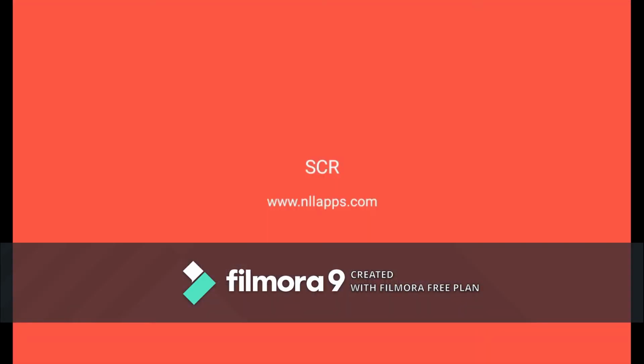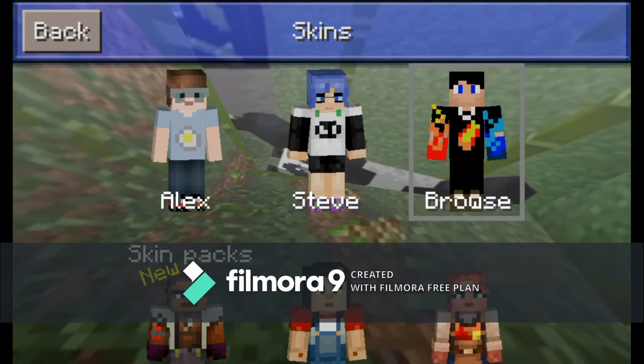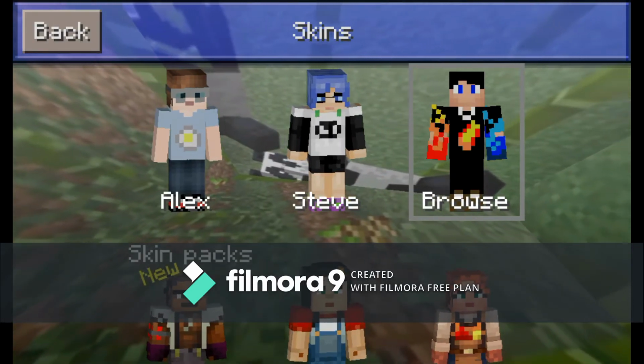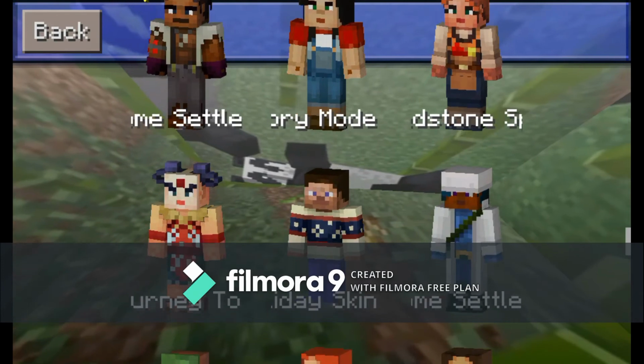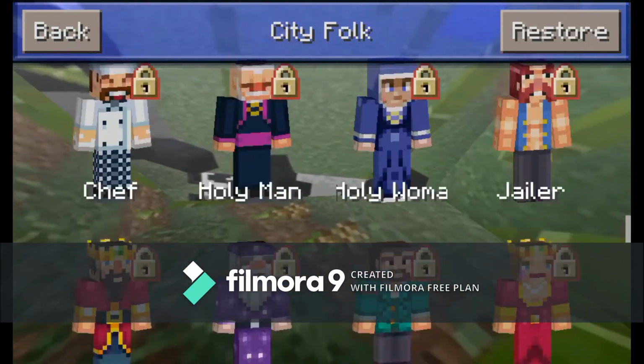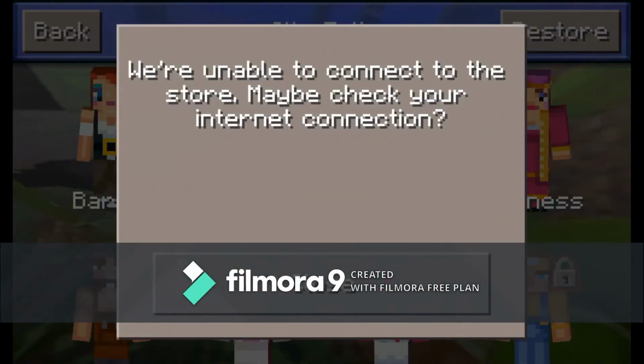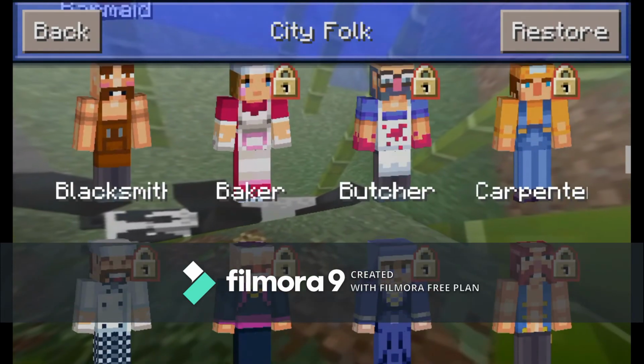So for changing our skins, here we are at the Craftsman. To change our skins, let's just pop into the skins folder. Of course you can choose any of these skin packs from the skin catalogs, but most of them are locked unfortunately. You'll have to buy them, I suppose.